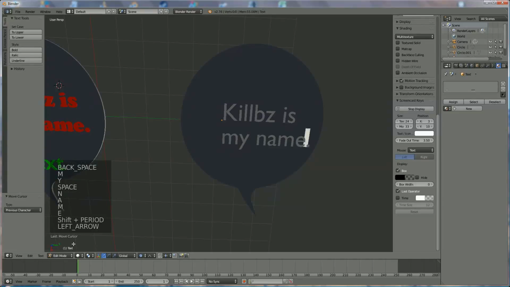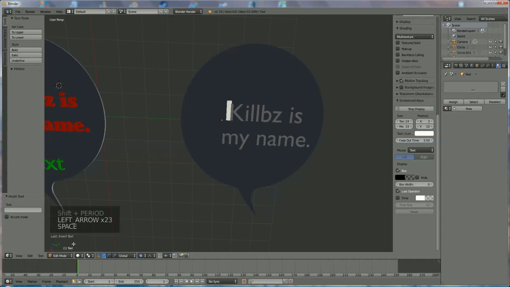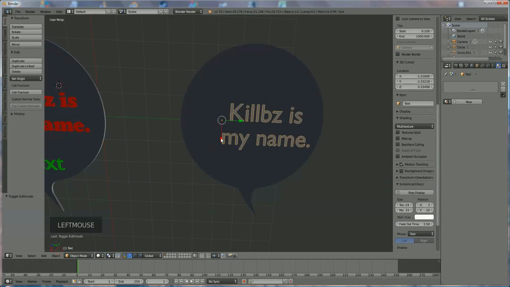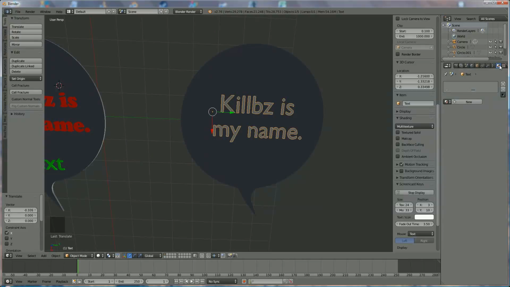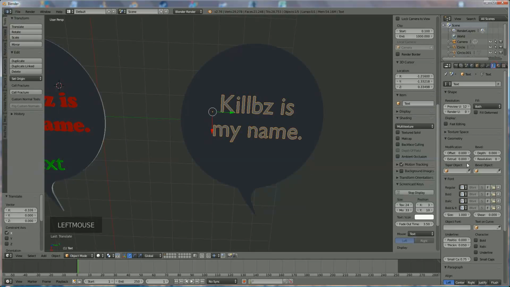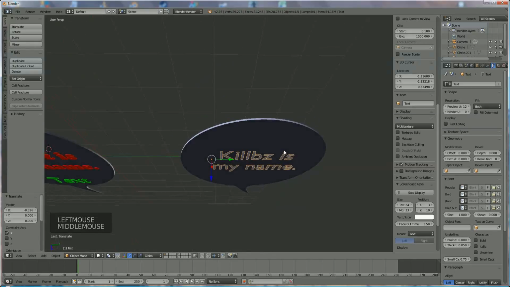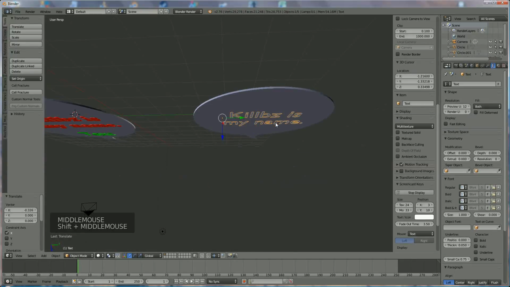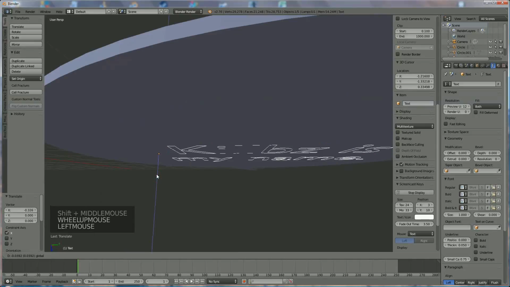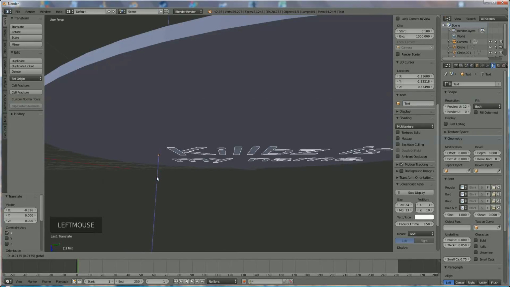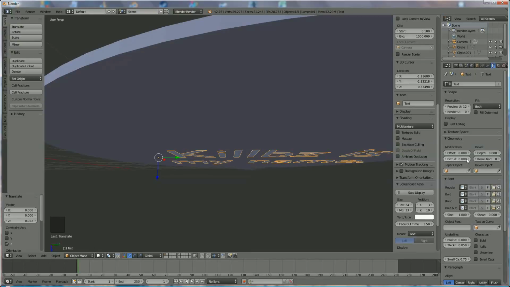Probably better to, yeah, like that. I'm not going to change the font now. It's just to show you what you can do about it. We're going to give it a certain thickness, but pay attention. First of all, what I'm going to do is I'm bringing it just in the front. You see, in the front, and now a little more upward, and we're going to extrude,